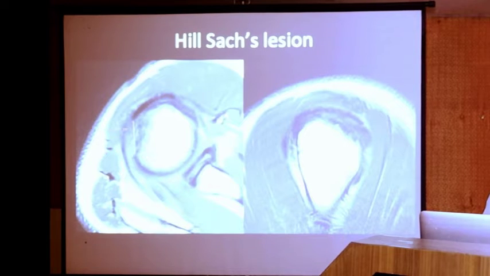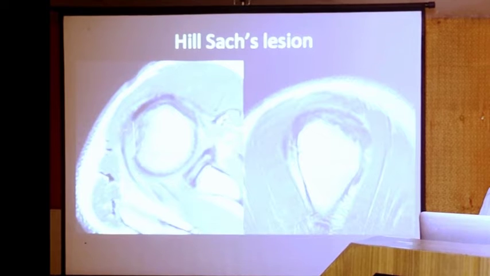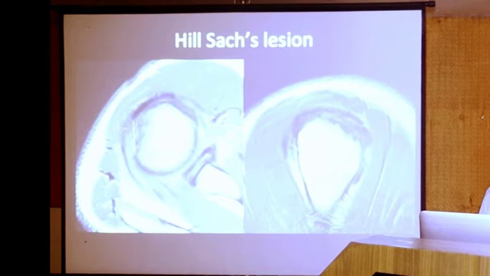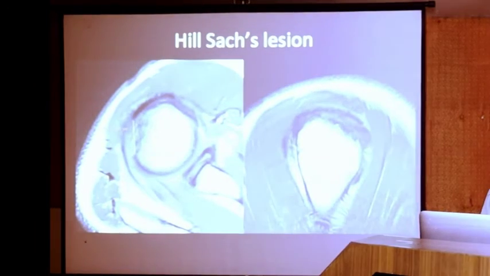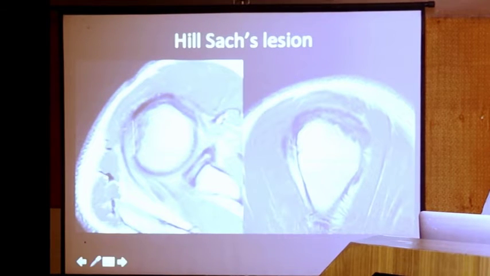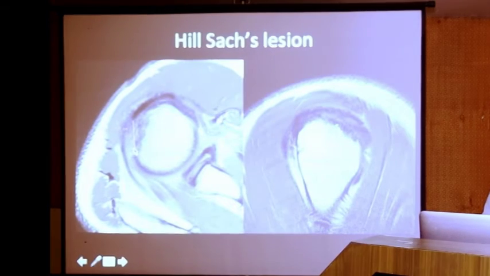Now this is something very important to understand, that the defect should be seen in the superior-most sections on an axial image. As you come slightly lower at the attachment of infraspinatus, there is a normal defect which is present, which should not be mistaken for a Hill-Sachs defect. So if you see a defect in the superior-most axial sections, superior 1 or 2 sections, that is when you label it as a Hill-Sachs lesion. So this is my Hill-Sachs lesion,